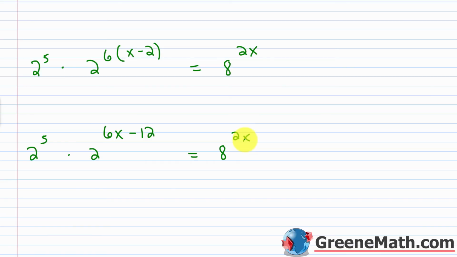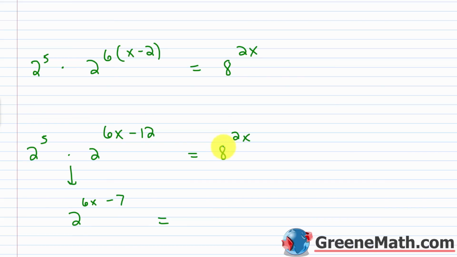All right, so now if I'm multiplying and I have the same base, I know the rule is to add the exponents. So with this guy right here, 2 would stay the same. I would add, you'd have 6x, nothing to really combine with that, but negative 12 plus 5, I could get negative 7. So this would be 2 to the power of 6x minus 7, and now this is equal to,